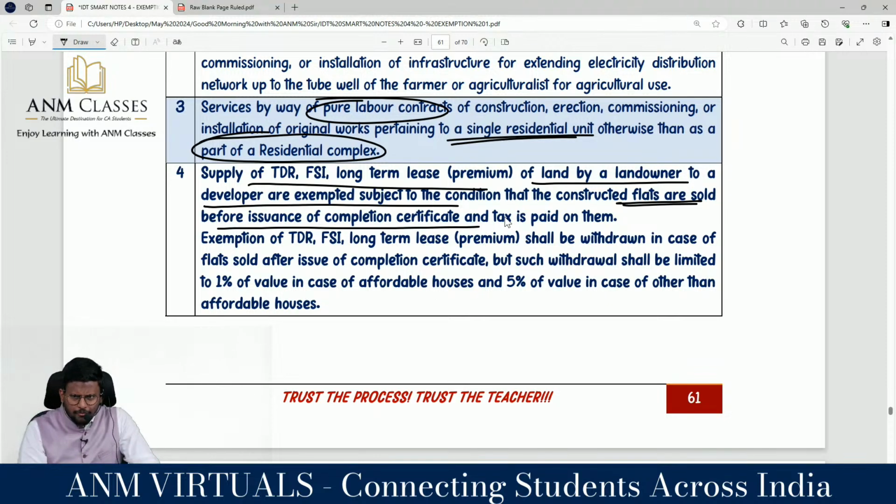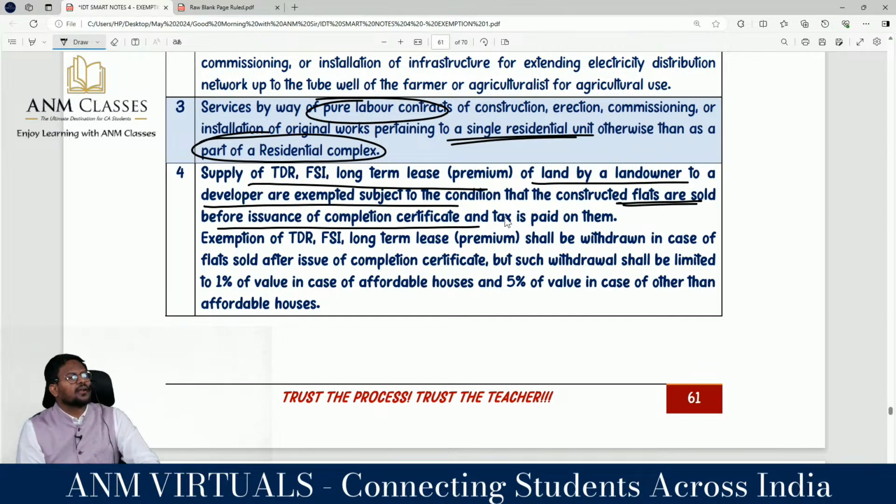Because if it is sold before issuance of the completion certificate, it becomes supply of service. Once it becomes supply of service, automatically it will be taxable. Then the promoter is not liable to pay RCM. That service will become exempted. So this is an exception to the RCM that we have learned. What we learned is that supply of TDR, FSI, long-term lease to a promoter makes the promoter liable to pay GST on an RCM basis. But if the promoter is selling those flats before issuance of the completion certificate,